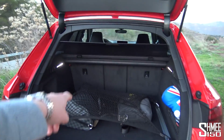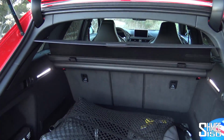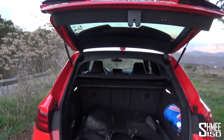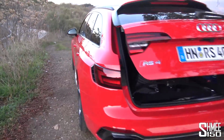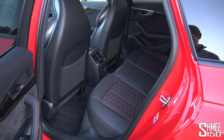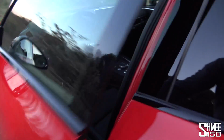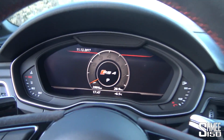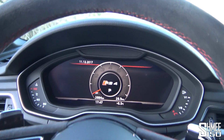No shortage at all. You've got 40/20/40 folding rear seats. The powered tailgate is always a nice touch. In convenience terms, you can open it as you walk up to the car as well. And if we open the back doors, just quickly to start by there, decent space before you get to the front, where you have all of the technology, comforts, features and capabilities that we're familiar with, including the 12.3-inch virtual cockpit